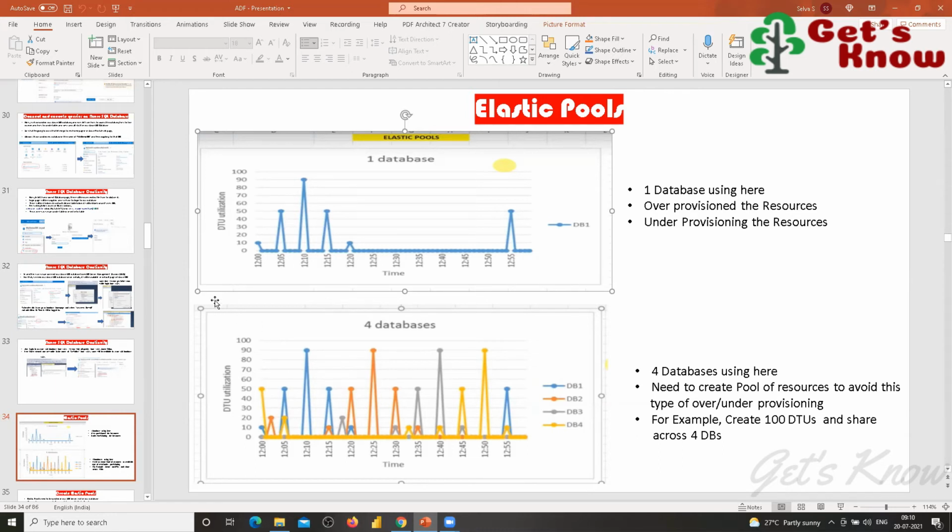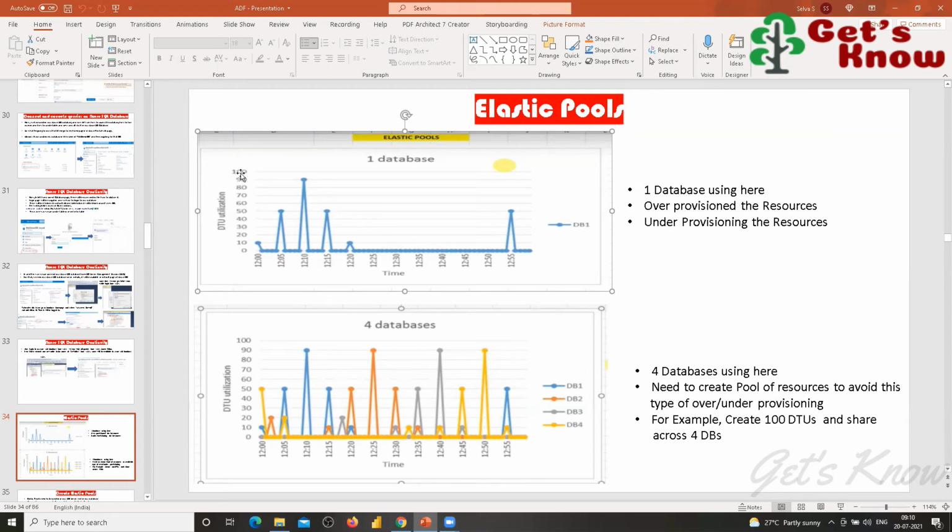See, at 12 o'clock, my data processed a little bit, the 10 DTU count. At 12:30, some huge amount of data came and was processed fast, so that DTU utilized 50%, 50 DTU, right?